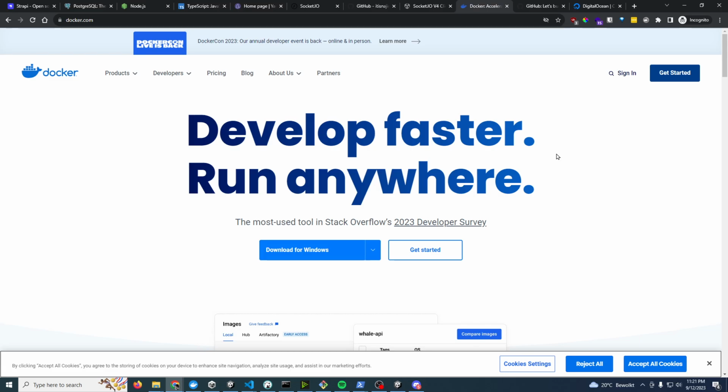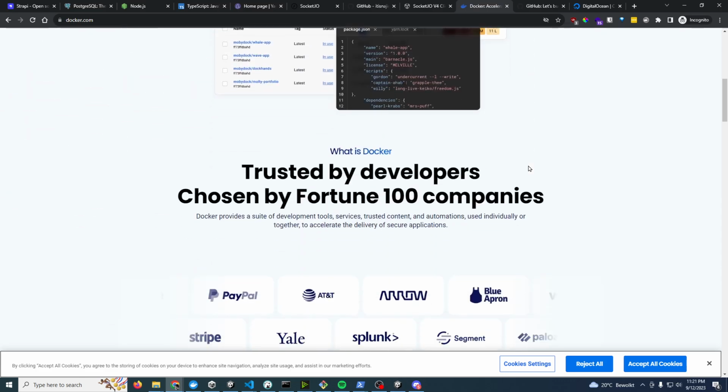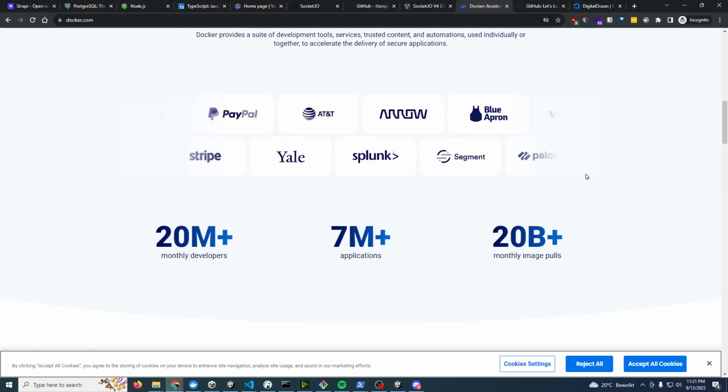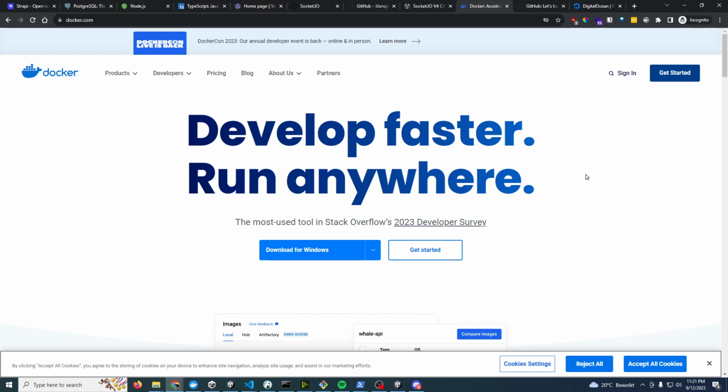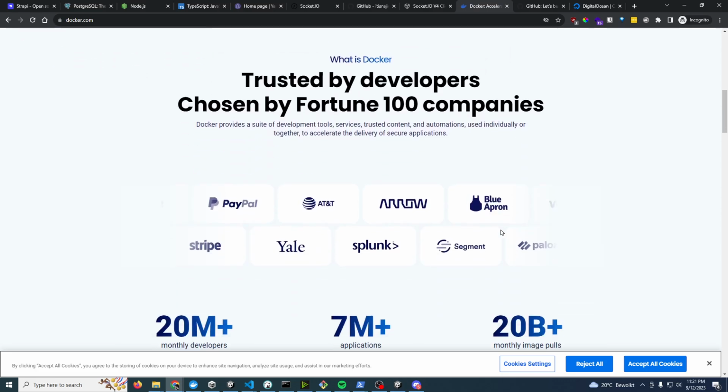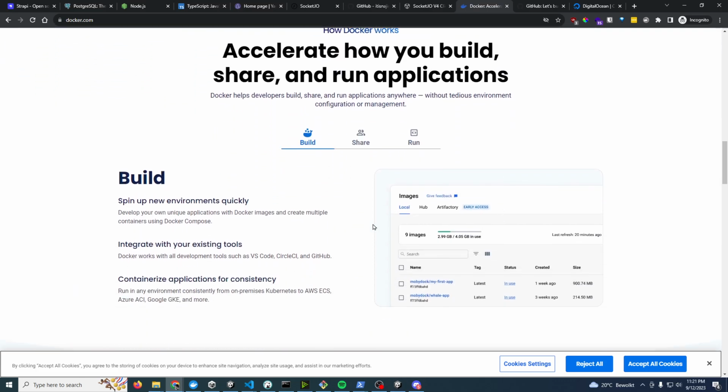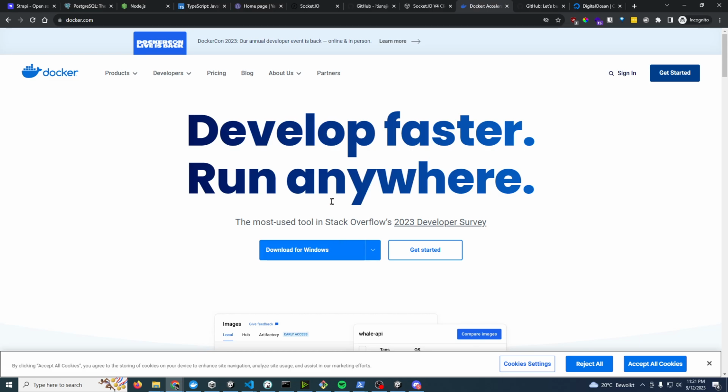Docker. This is a pretty new thing. When I was developing, this wasn't much talked about, but wow, I must say, this has saved me a lot of time, and it really does work. It does what it says. The most used tool in Stack Overflow's 2023. Yeah, because this is a very genius thing. Now, what is this? Docker. Okay, so